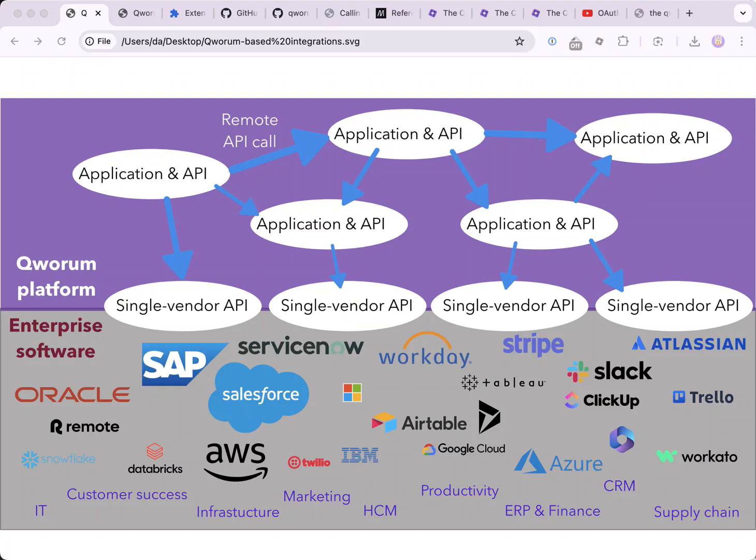This will be a short presentation about how to program on the Quorum platform. First of all, I'd like to say that most, if not all, enterprise and business applications will benefit from using the Quorum platform